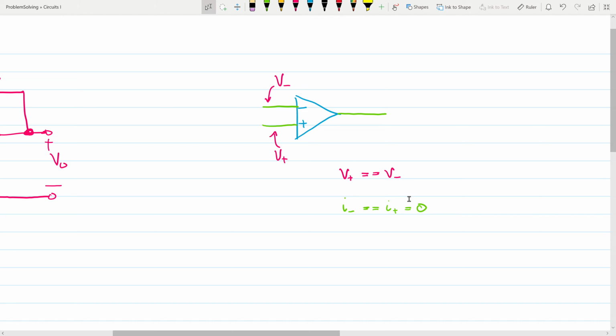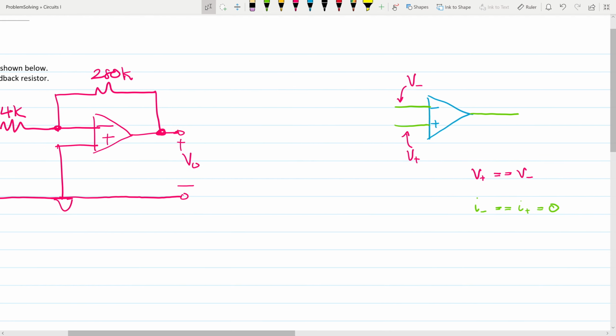So there are actually three assumptions here in total. There's the first one that says V negative is equal to V positive. The second one says that I negative is equal to I positive. And then the third is that all the currents that go into the negative and positive terminals of the op-amp are equal to 0. And with these assumptions, we should be able to begin solving this here problem on the